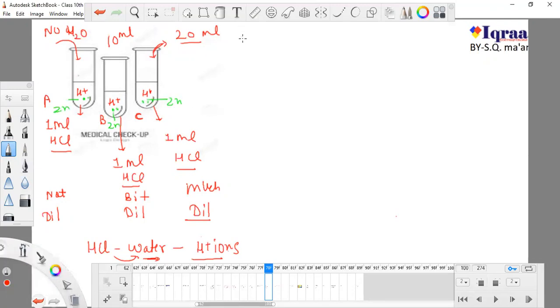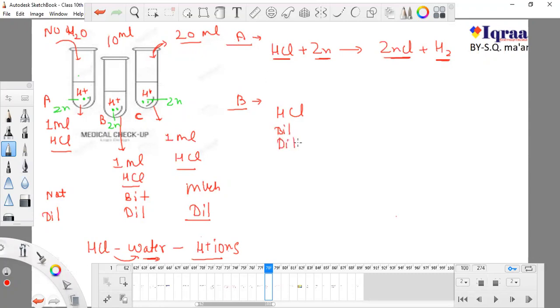Now what would happen? Let's take test tube 1. This test tube 1 is having HCl and it is having Zn, and the reaction will give ZnCl plus H2. We know that when any acid reacts with any metal, it produces salt and hydrogen gas. Let's take test tube B here. This HCl is a bit diluted when we compare it to test tube A, because we added water in this. And when it reacts with Zn, it will form ZnCl plus H2 gas. Okay, this is a reaction we studied. And now take test tube number 3.